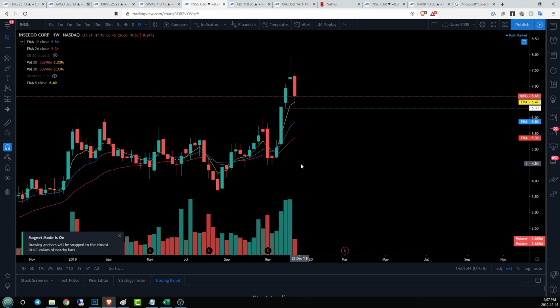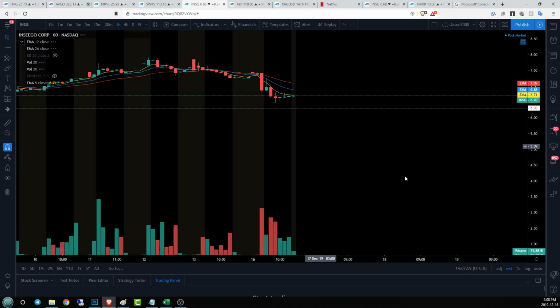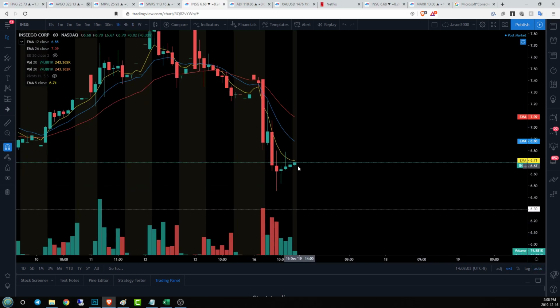But if we lose 6.30, then we don't have support on INSG all the way down here in this big adventure we had with the 4.50 range. I don't think we're likely to do that in short order. At least we need to see what sort of strength the bears have on this daily attack, and can we stay over $6.33. On the hourly time frame, we see that we are in a nice, almost extended bear flag,